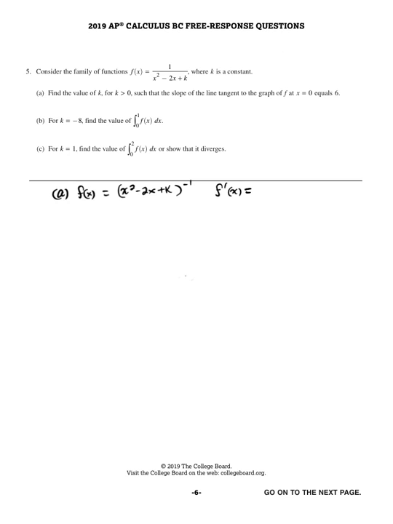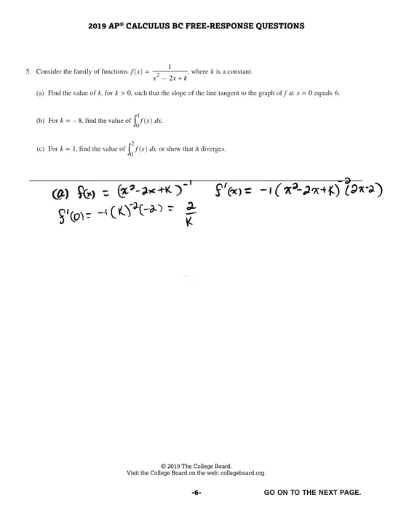So f prime of x is negative 1 times (x squared minus 2x plus k) to the negative 2. Use the chain rule. Remember, k is a constant, so the derivative of any constant is 0. So now I'm interested in the slope of the tangent line at 0. So I get negative 1 times k to the negative 2 times negative 2, which is the same as just